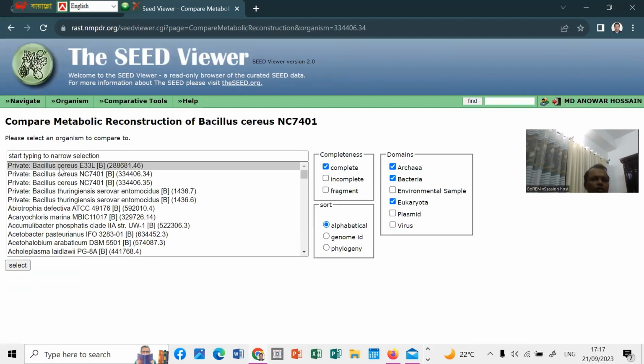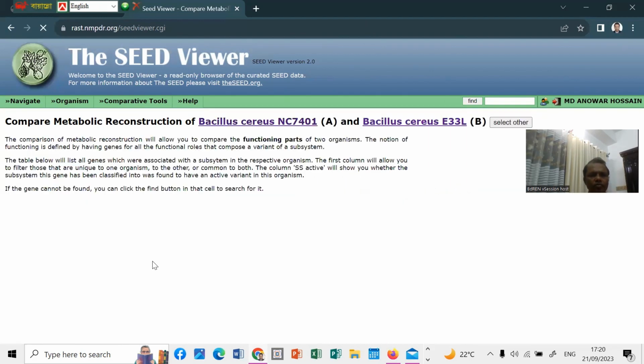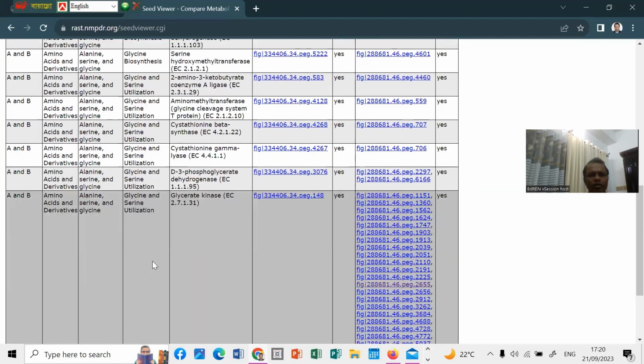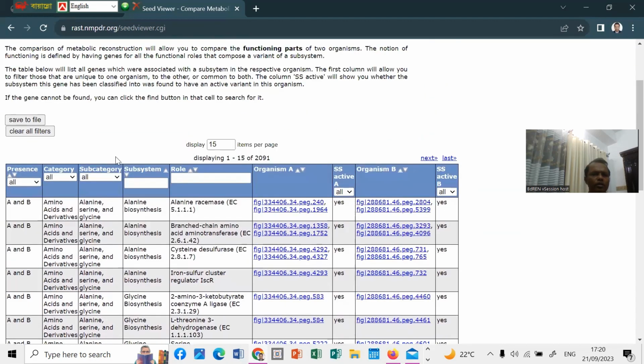You can see here, say we have Bacillus cereus, right? So we can compare with other Bacillus cereus strains. You can see other strains, or Bacillus related, the Bacillus cereus. Okay, see E333. Okay, just select. So if we select Bacillus NC7401 and Bacillus cereus E33, two strains,